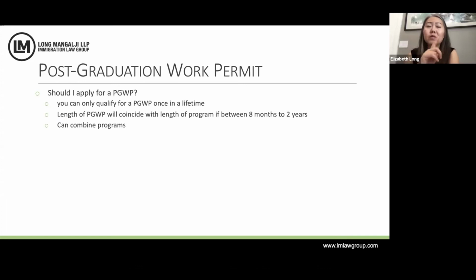Remember, the postgrad work permit you can only get once in your lifetime. Afterwards, to extend it, people ask me, how can I extend it? My answer to them is, well, you have to qualify for another work permit, and you may or may not be able to do so, okay? So sometimes when people come to me and they say, should I apply for the postgrad work permit? I sometimes say you can. Other times I say, do another program. If you do another program, so one program plus another program, a 1-year program, added together is 2 years. You can also get a 3-year work permit at the end.